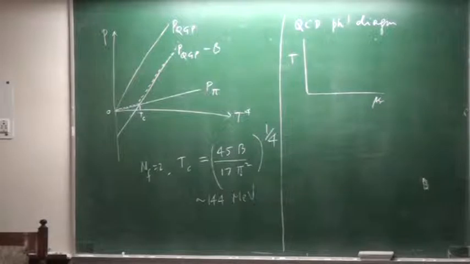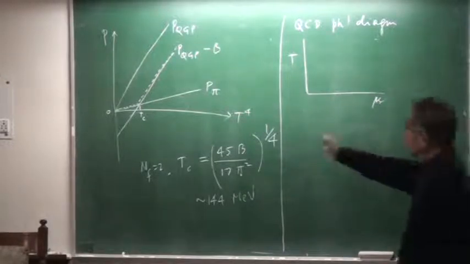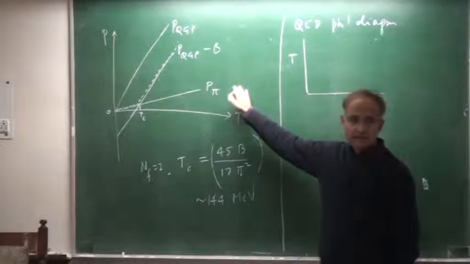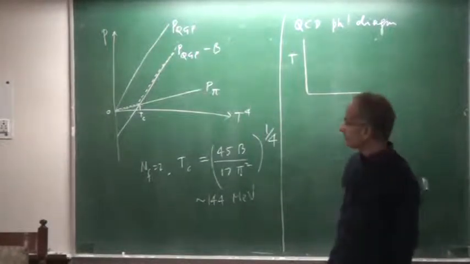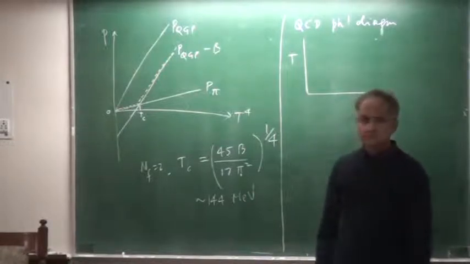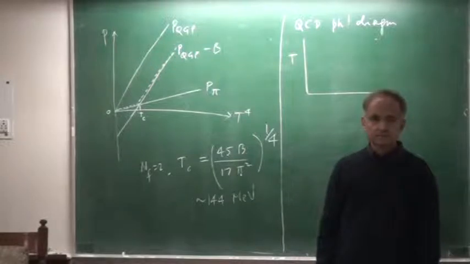For the hadronic gas state, it's easy. I just include the other resonances. P pi will be modified to a curve that goes upwards. What you want is to include resonances in the hadron gas? Yes. And then of course it will go up at 144 MeV without adding any back pressure. It more or less smoothly matches to PQGP.